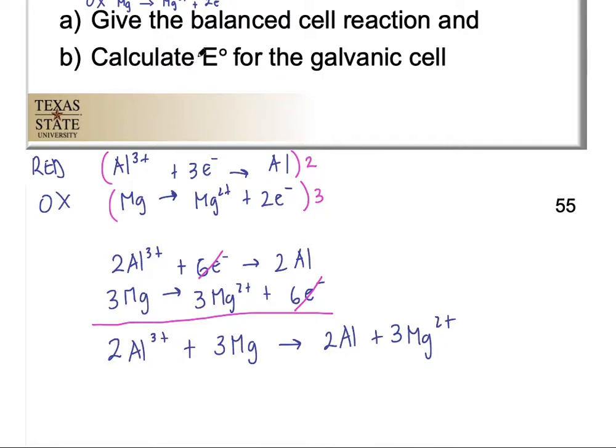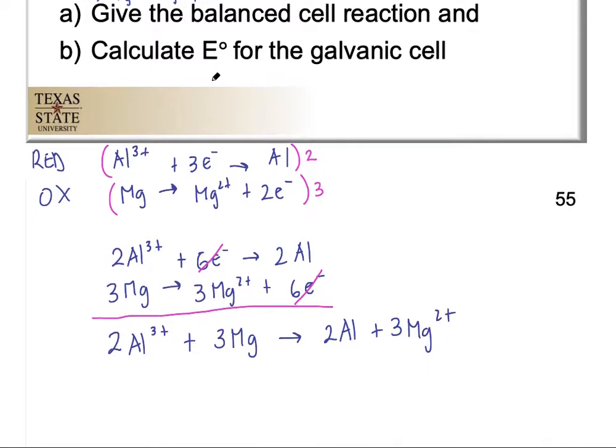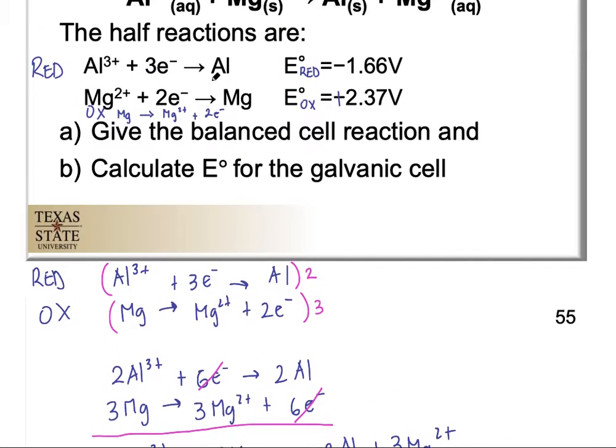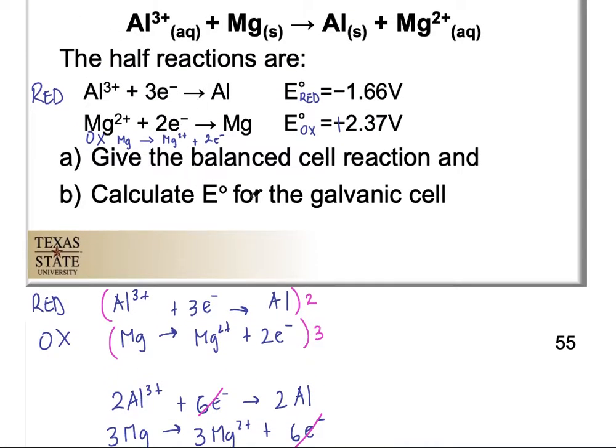Part B is to calculate the cell potential for the galvanic cell. And we can actually do that up here. So remember that the cell potential for the galvanic cell is simply the sum of these two values, the sum of the reduction potential plus the oxidation potential. So E0 of my cell, and the 0 indicates just standard conditions, is equal to the potential for the reduction at standard conditions plus the potential for the oxidation,